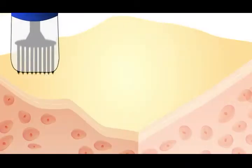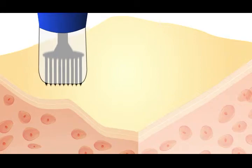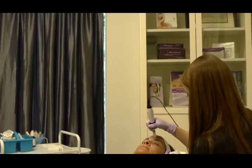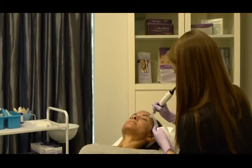It uses very, very fine needles to penetrate the skin to the depth of the collagen level, and that little bit of penetration to the collagen stimulates new collagen to grow underneath the skin. Well, we numb people before the treatment so that they'll be comfortable. We typically will have people numb for about 20 minutes, and then we will begin the procedure,